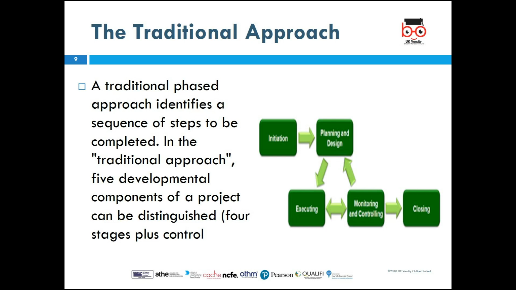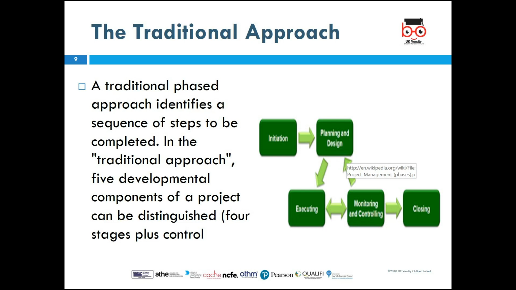Let's look at the traditional approach to project management. The traditional phased approach identifies a sequence of steps to be completed. In this approach, 5 developmental components of a project can be distinguished. We have got 4 stages plus the control stage, which start from the initiation of the project, planning and design of the project, you execute the project,